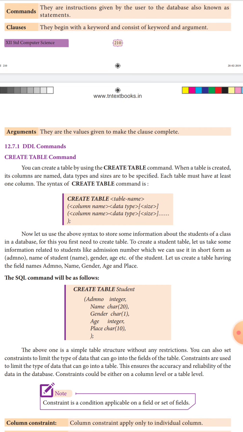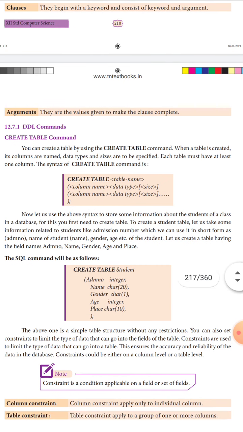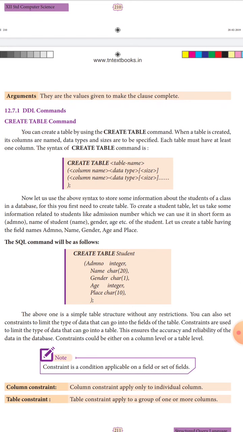Now let us see the syntax to store some information about the students of the class in the database. First you create table. The table name is student. What kind of values do we need? Admission number, name, gender, age and place. Admission number will be an integer value, like 1, 2, 3, 4, a whole number.